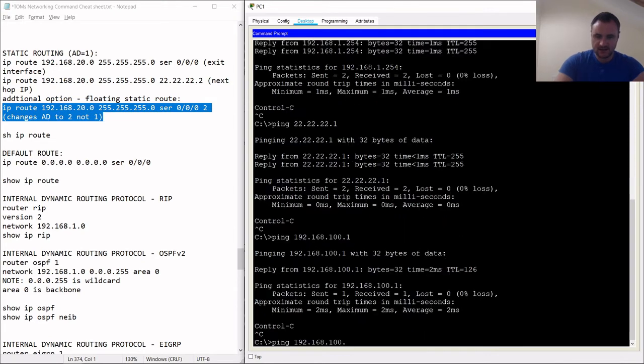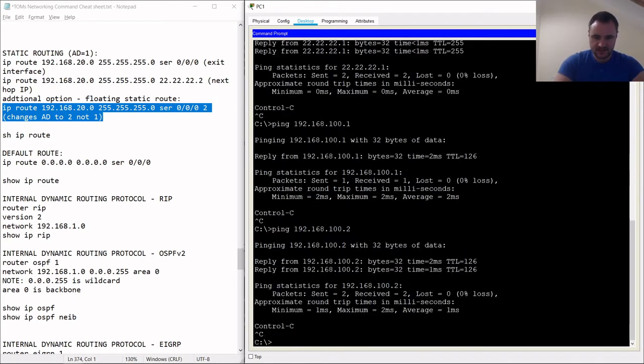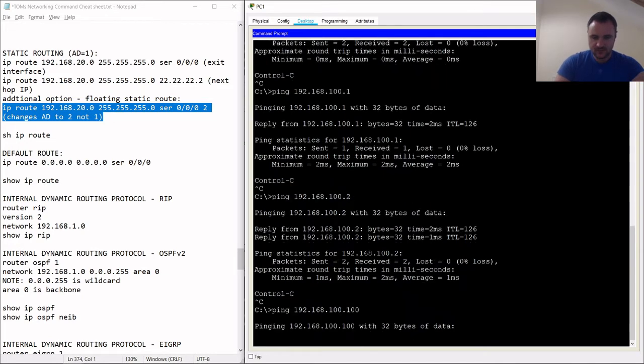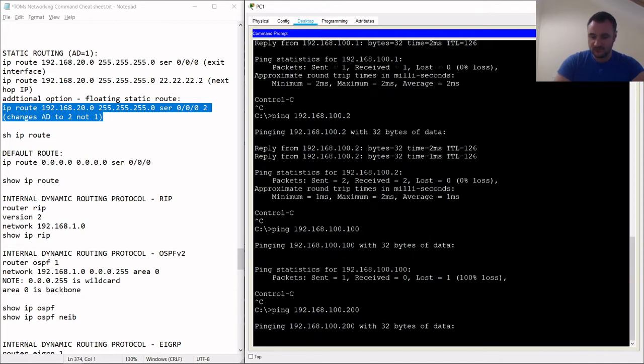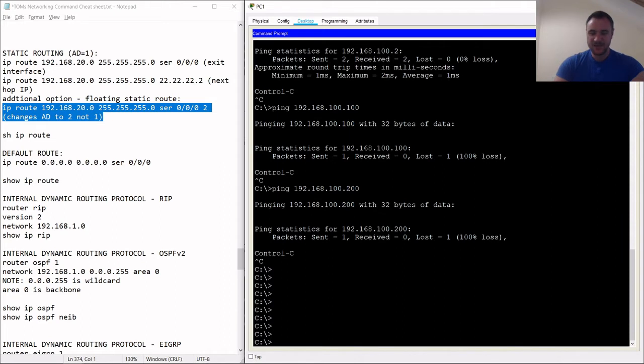Yep, seeing that. 2. Yep, seeing that. And let's go for the switch. Might be 200. Might not have an IP address on. But anyway, we can get right into the network, and that's just through a default route, and it doesn't provide